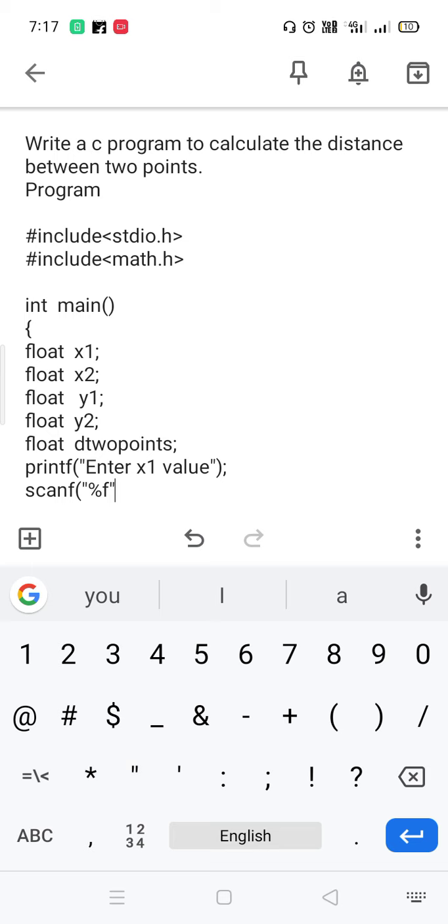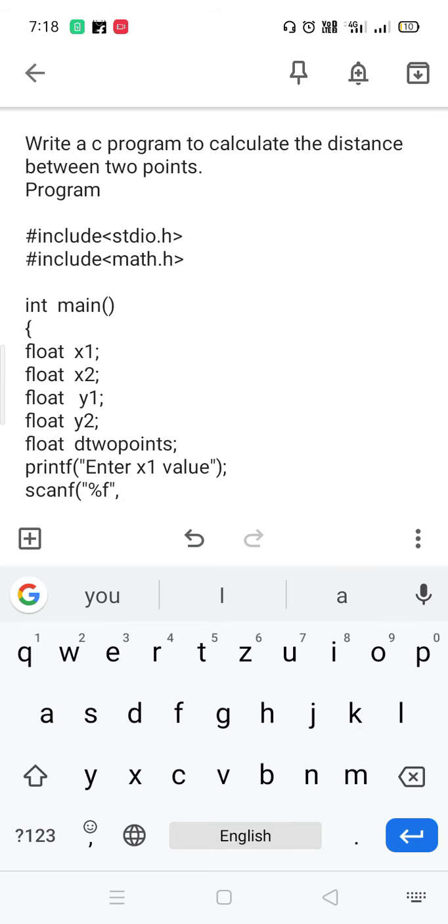But here float means percentage f. Immediately after the format modifier, you need to give the comma. If you miss the comma between this, then the compiler gives the error message to you.